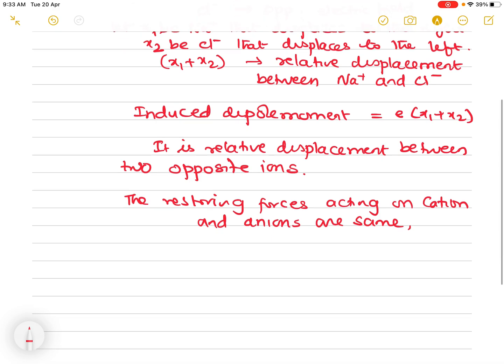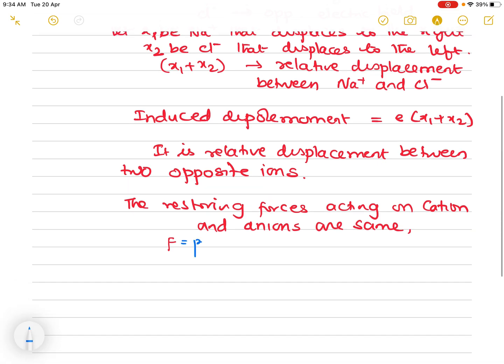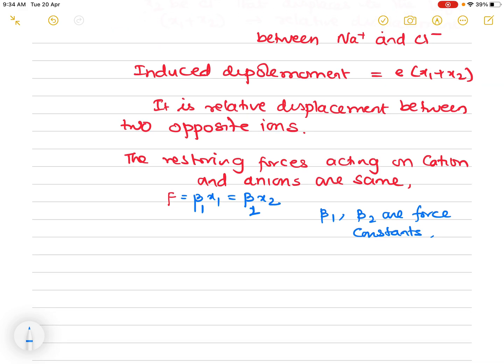So we write F is equal to beta 1 times x1 and beta 2 times x2, where beta 1 and beta 2 are the force constants. The restoring force is the same, therefore x1 can be written as F by beta 1, and x2 can be written as